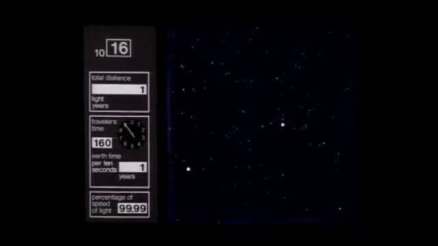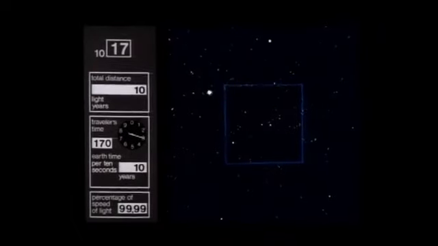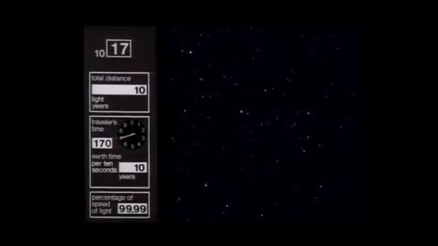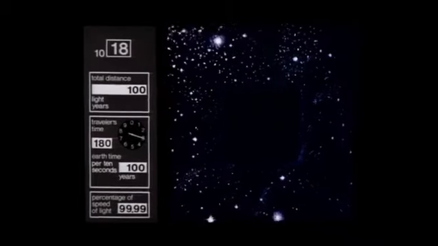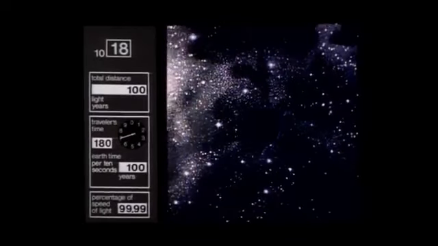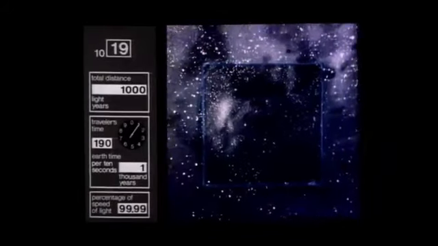Now our speed is so great that even the stars in the background slowly seem to change their position, converging to the center. The closest stars form a local group which gives another dimension to the sky. 10 to the 18th. As we back into the nebulous material of the Milky Way, we lose all familiarity with our surroundings. Gases and small stars of different kinds surround us.